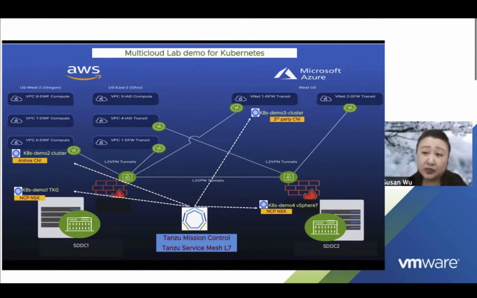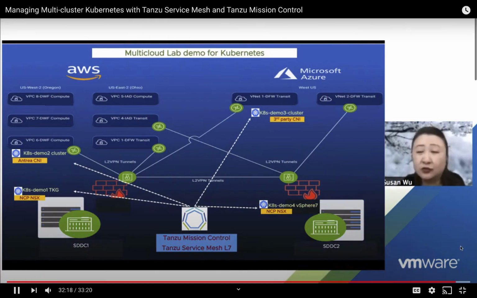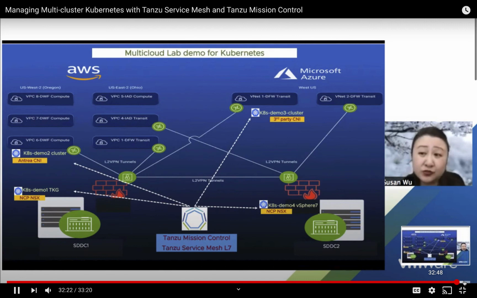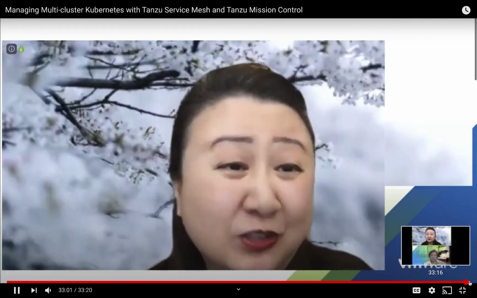So you saw Tuan use the Bitnami catalog, which is now called the app catalog. You see Tanzu Mission Control, which allows you to manage multiple Kubernetes clusters. You onboard them, and now in addition, you see Tanzu Service Mesh that helps you with policy and connecting and securing the microservices that are part of the cloud native applications. So we think that the whole portfolio is very powerful, in addition to the networking and security functionalities from the NSX portfolio. So you also saw NSX Advanced Load Balancer, and you also saw the capability of using a container plugin, either NSX container plugin or even Project Antrea, which is the open source in-cluster one. We love telling people about Kubernetes, about Service Mesh,